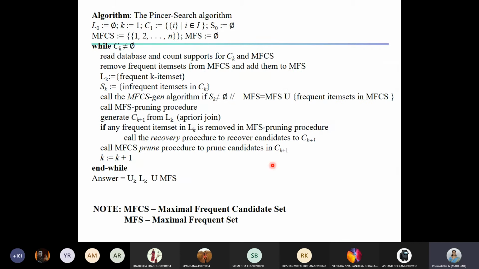This is the algorithm. I'll give you some time. Please note down this algorithm in your notebook. Arun Pujari's version has certain typos, so if you trace that, you are going to get an incorrect answer. This I have corrected. How have I corrected? I have gone to the paper proposed by the authors who proposed the pincer search algorithm. I have referred to that original paper and understood it. From that paper, I am giving you this pseudocode or algorithm. Please note down this in your notebook. I'll explain the algorithm to you later. First, you note down this.